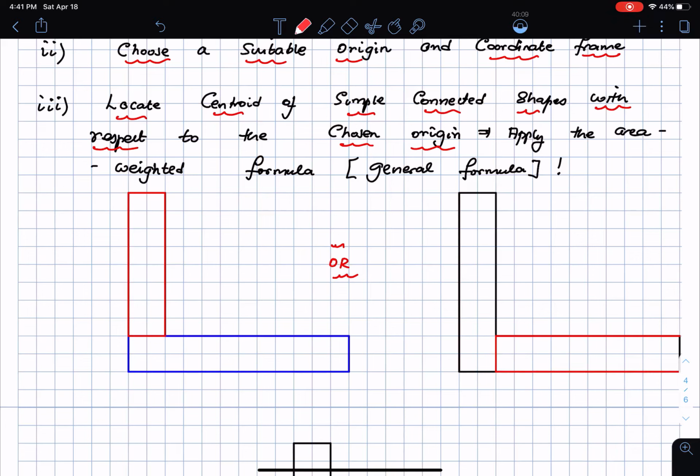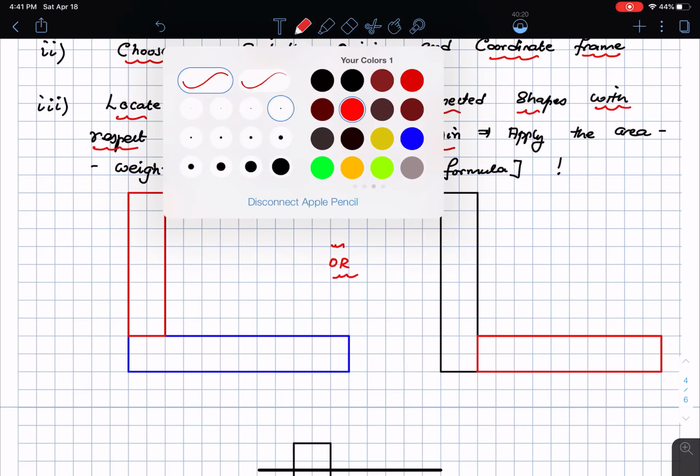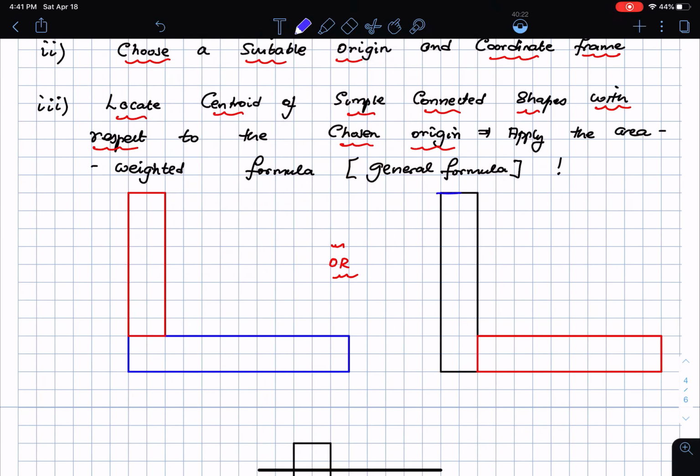I can take that and say, okay, hey, this creature is going to be shape 1 for me. Let me scoot this fellow down a little more so that you can see everything. And I can say that, okay, hey, this is going to be the other piece of this composite shape. This is the first step. So you can either do it this way, where you have this as one of your composite shapes, or